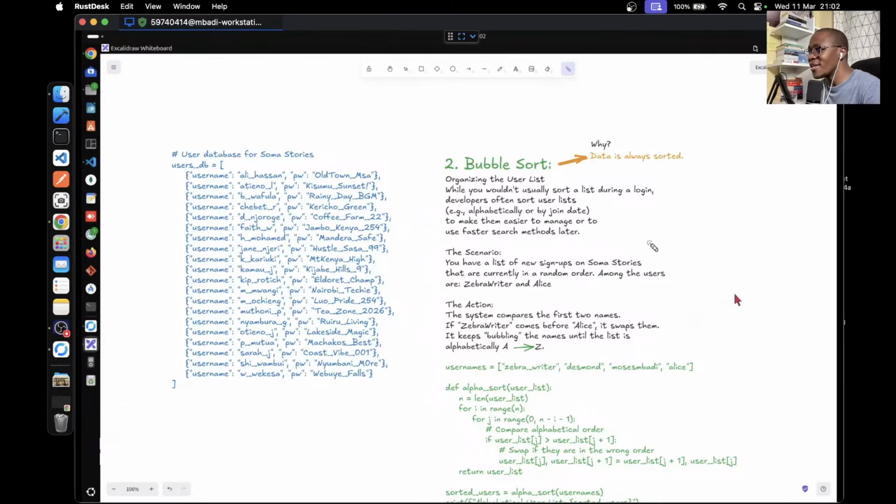Marvin, if the user is in the first list, then we have nothing else to do. We just find the user and that's it. But then again, you are not assured that anybody trying to log in will always be at the first index, okay? Or in the first matatu. It can be random. They can be in the last matatu, in the matatu in the middle, and so on and so forth.